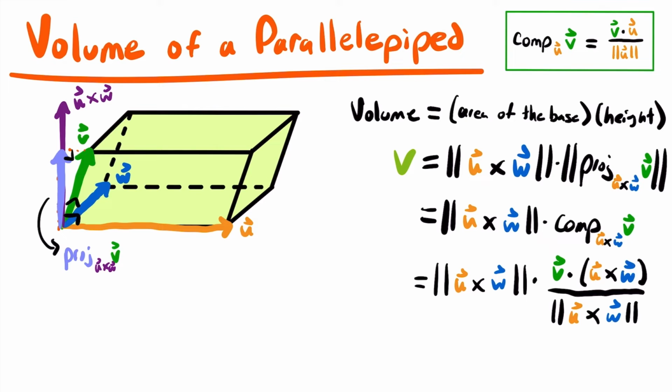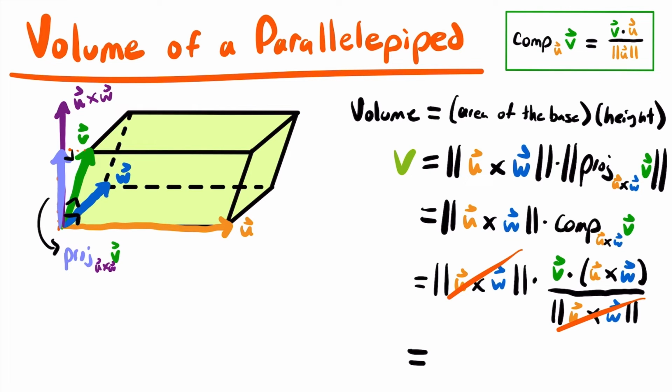All right, and so now here's the fun part, or the punchline of this whole thing. Notice that we are multiplying the magnitude of the cross product between vector u and vector w by another expression where the denominator is the magnitude of vector u cross vector w. We have the same magnitude right here in the denominator, so those two quantities are going to cancel out. Anything divided by itself is equal to 1, so we just have this right here multiplied by 1. Okay, so this magnitude and this magnitude cancel out and leave us with this calculation,